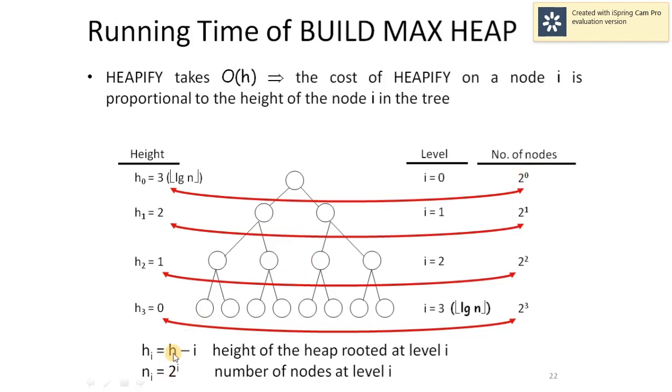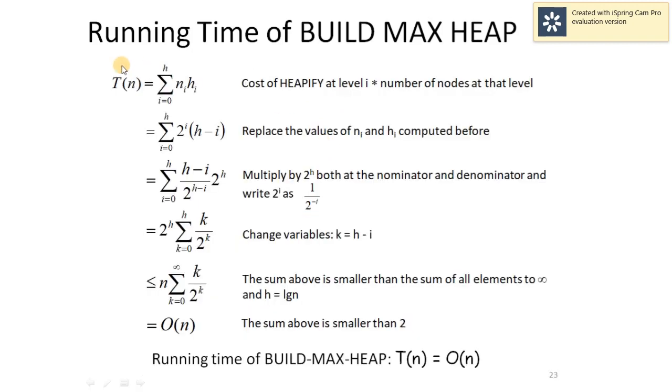So I have to simply multiply these two terms in order to get the running time of build max heap, from height value of 0 to h, the complete height of the tree. So I have to simply write summation i equals 0 to the height of the tree, the number of nodes at the ith level multiplied by the height of that level. So if we show the stepwise execution of this equation, then we can have something like this.